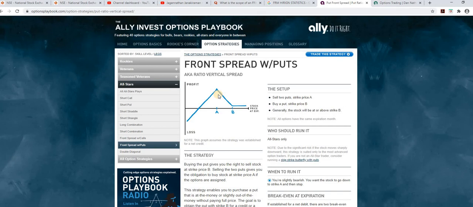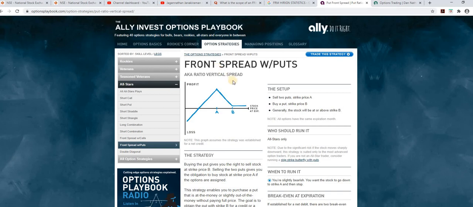That is one thing. So before going into the detailed positions, let's quickly look at the overview of the friend spread. The strategy name is friend spread. For this strategy, we are going to take two positions. One, we are going to sell two put options, and simultaneously we are going to buy one put option. The put options which we are going to sell are out of the money options, and the put option which we are buying will be at the money.